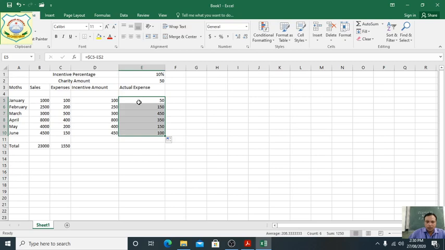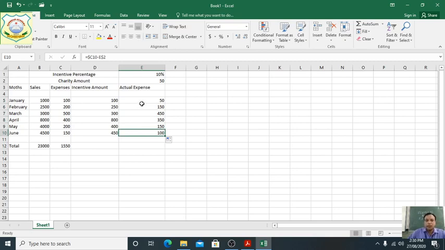See here, what is everyone seeing? Dollar C5 minus dollar E2. Next one is dollar C6. In C5, the column is constant, but the row has been changing: C5, C6, C7. But in this case, E dollar 2 is given, so it does not change. You can see here only the address of this one changes: C5, C6, C7.